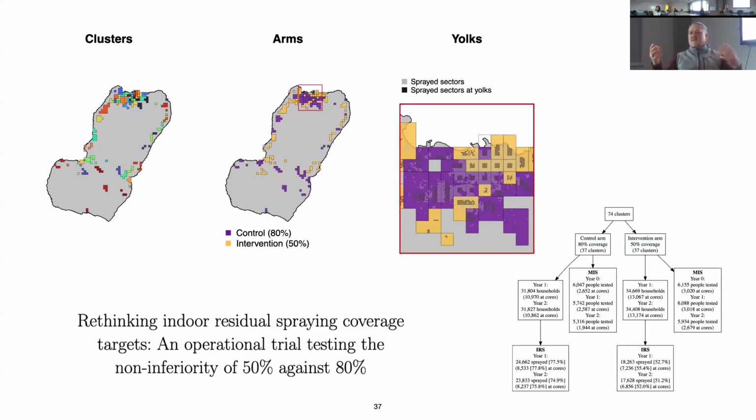And so they did a quasi experiment. It's an operational experiment. No difference ethically between what they would have been doing. They're just moving stuff around, so everybody's going to get some level of coverage. But now what they did is assign population units to either 50% or 80% coverage. That was their intent to treat. And then they went and evaluated all of this.